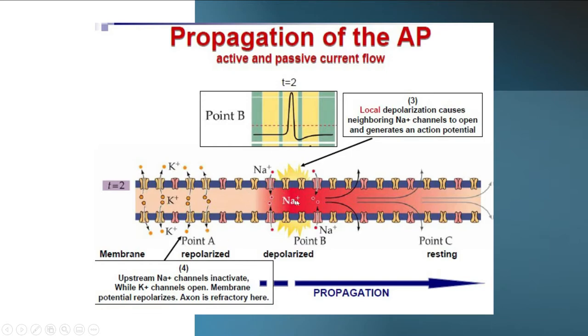But just after the action potential, or the movement of this positivity in the forward direction, this part becomes absolutely refractory to another stimulus, and another strong stimulus will not cause any change, any positivity in this part. This part will start to maintain the resting membrane potential again with the help of the sodium potassium pump. So this part remains refractory and the forward part becomes depolarized more and more, so that the signals will be passed in the forward direction.